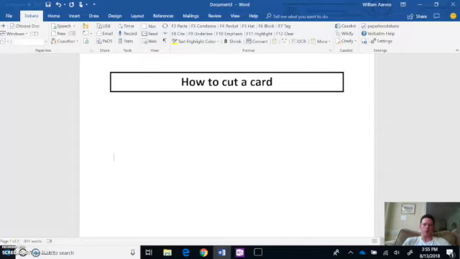What's going on, guys? It's Will, and today's video is going to be a tutorial about how to cut a card. So, as your novice trainers might have told you in class already, a card is basically a consolidated piece of information that comes from any source, whether it be a statistical analysis, just a blog, an article, or